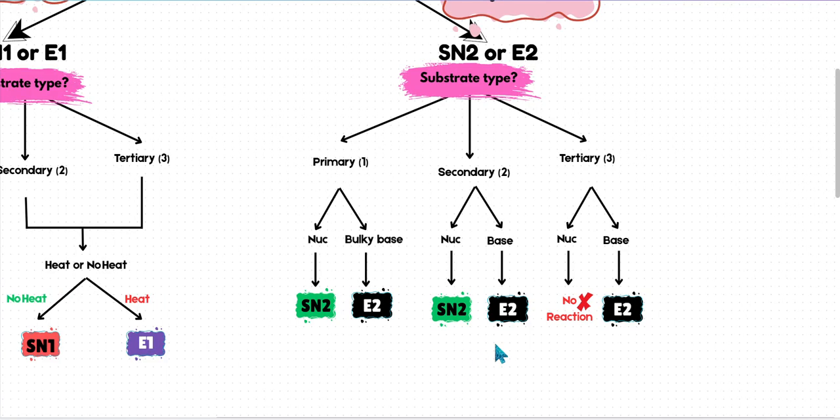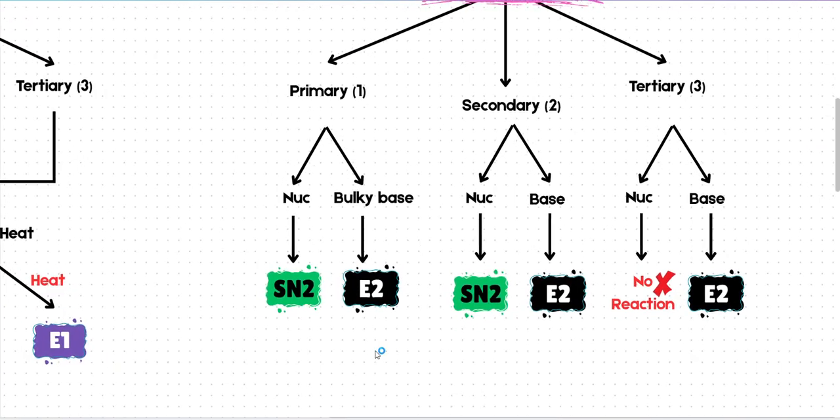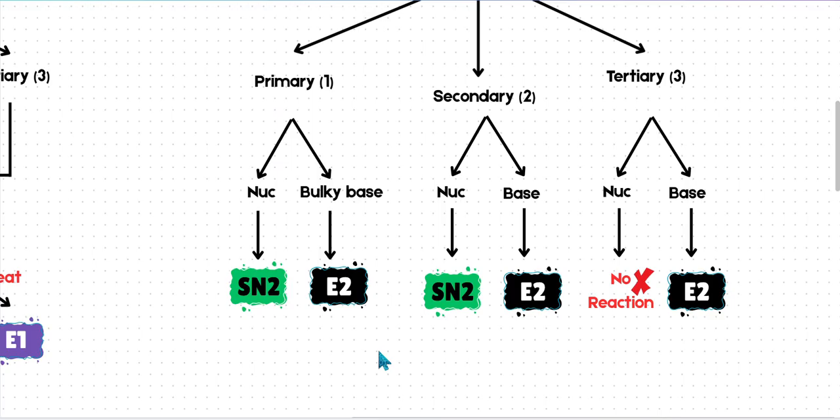Now, if the substrate is primary, then you are going to consider whether the nucleophile is strong or the base is bulky. If the nucleophile is strong, it undergoes an SN2 reaction. But if the base is bulky, due to steric hindrance, then we are going to undergo an E2 reaction. Moving on to the secondary